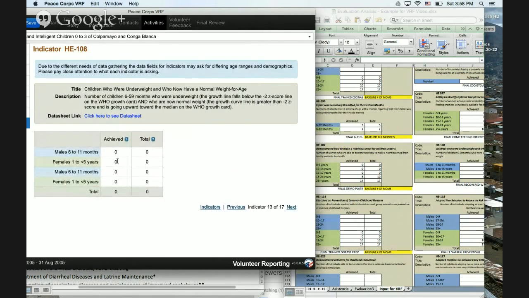This indicator, unfortunately, is not written correctly in the system, because as you can see, males from 6 to 11 months have 2 opportunities to be charted, and females 1 to 5 years have 2 opportunities to be charted. But you don't have males 1 to 5 or females 6 to 11 months. But we're going to assume that this is probably laid out